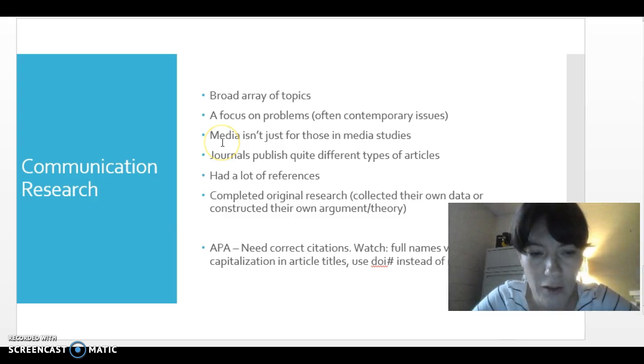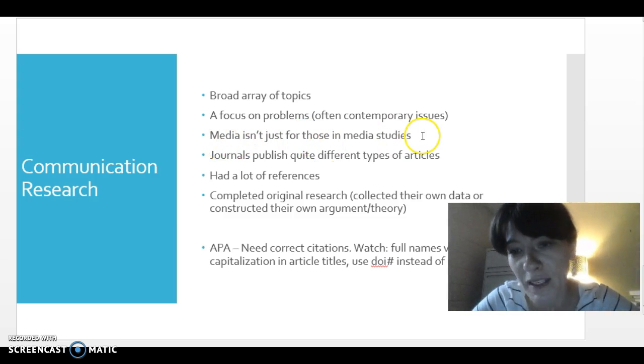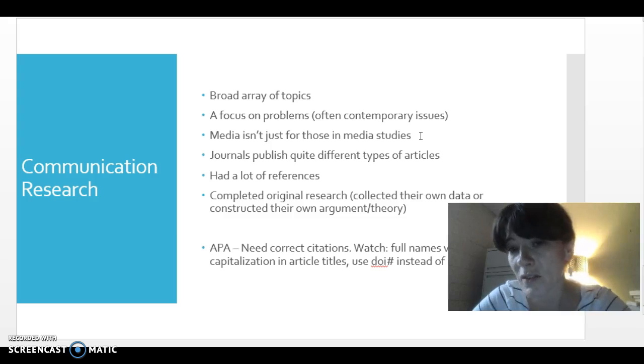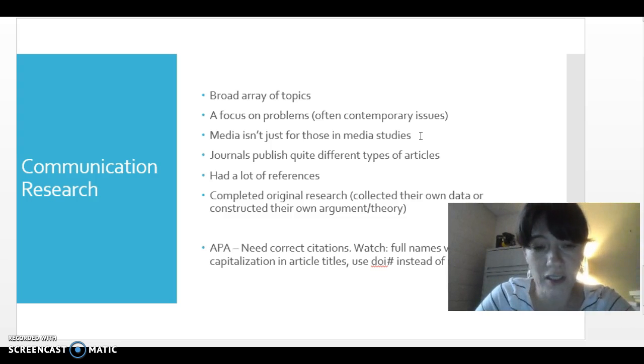Many people mentioned how often social media or other forms of media were used as topics, not just for researchers in media studies, but also for researchers interested in public relations or even communication and culture. This is very true, that media is a kind of ubiquitous form of communication in our contemporary society, and therefore really all areas of communication research can focus on how media works in those different arenas.